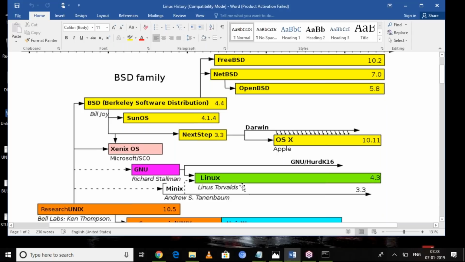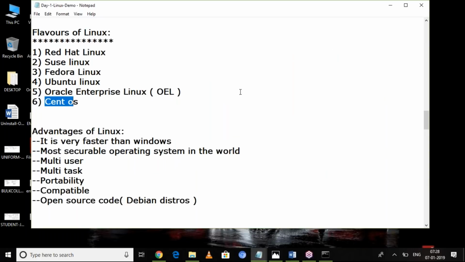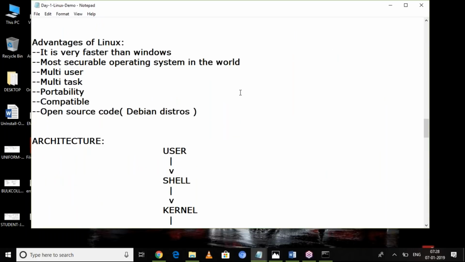Commercial Linux you can't download; you can only download open Linux, the freeware of Linux. We have Debian Linux and Red Hat Linux, two flavors. Debian Linux is free. Ubuntu, Oracle, all are free. But Red Hat Linux is commercial. You can't download it freely.